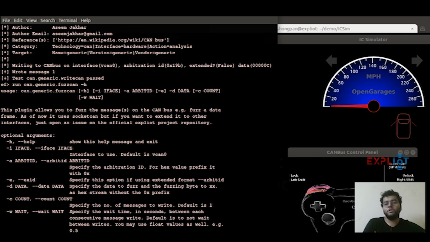So for this demonstration, I'll be showing you this on the accelerometer. All right. So the arbitration ID for the same is 0x244. So let's put some data. Let's say we want to fuzz this byte.